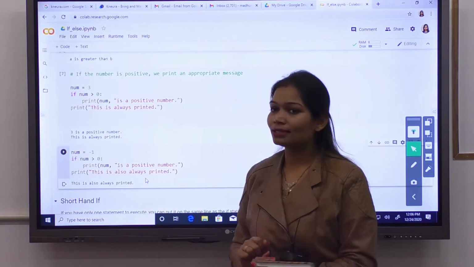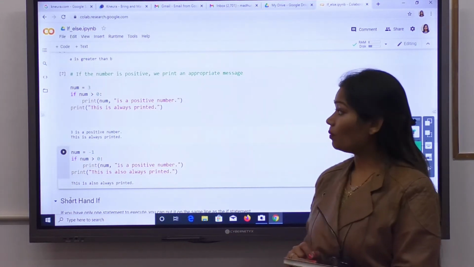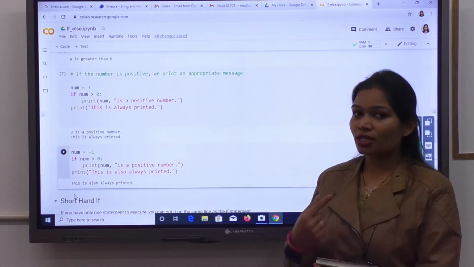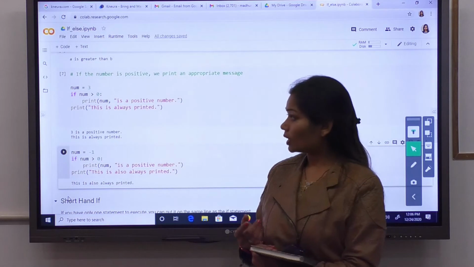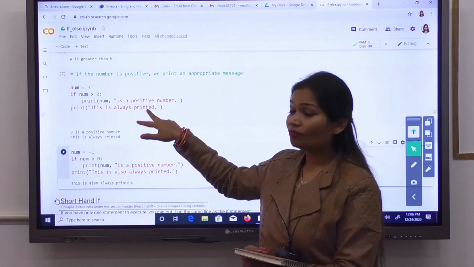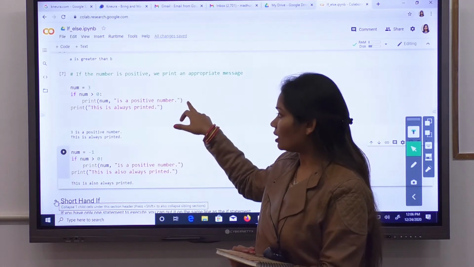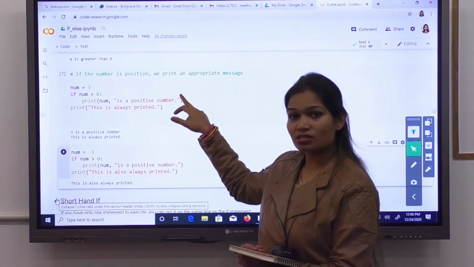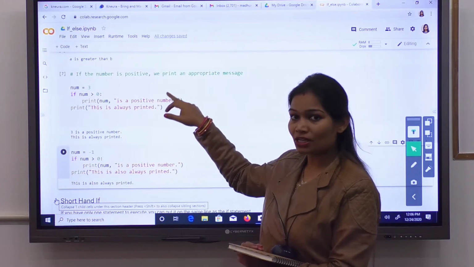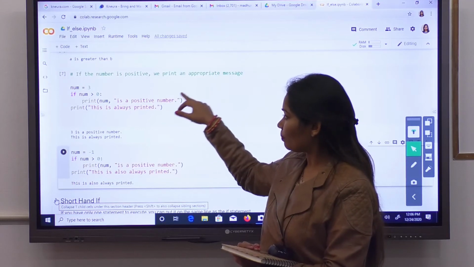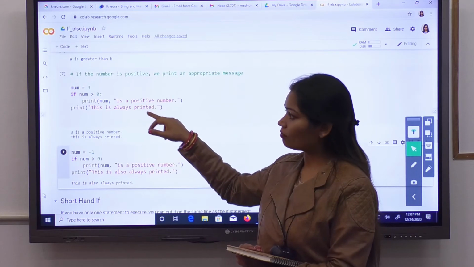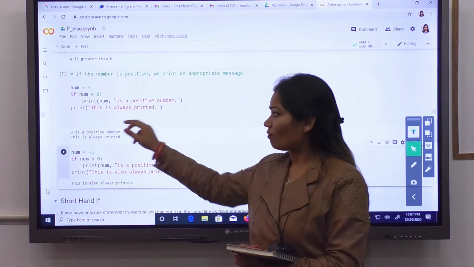The difference between the two prints is the indentation only. So this is the importance of indentation in Python, because just because of the indentation your code will change automatically. These two lines have print statements, but both have different significance. One line is with the if statement, so it depends on whether the condition is true or false. This line will print only when the condition is true. But this line has no impact from the condition statement, so this line will always print.